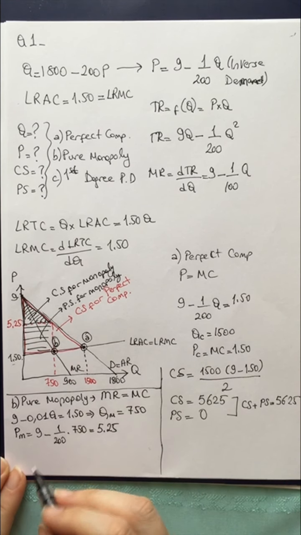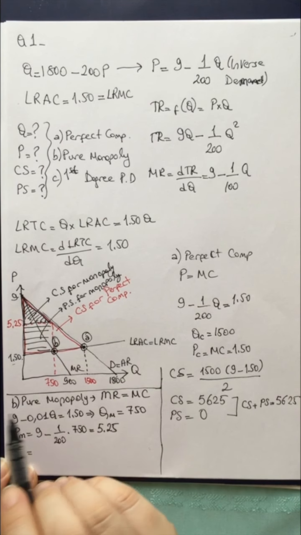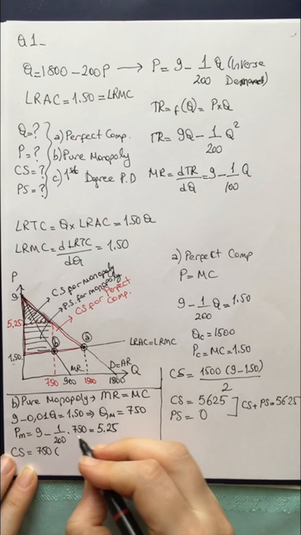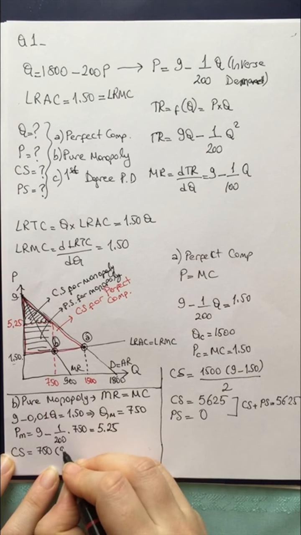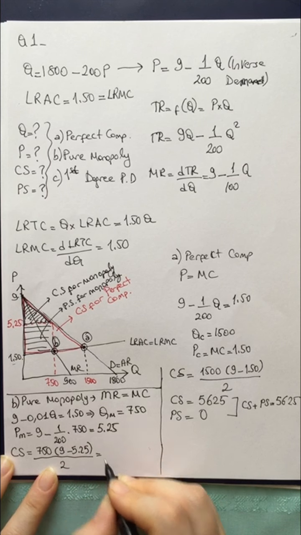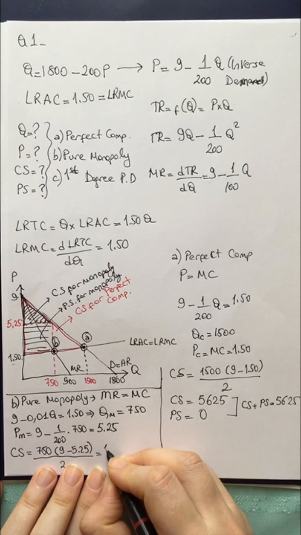Now, let's find the consumer surplus at first. Consumer surplus is base 750 times height, 9 minus 5.25, over 2. So let's find 9 minus 5.25 times 750 over 2, which is